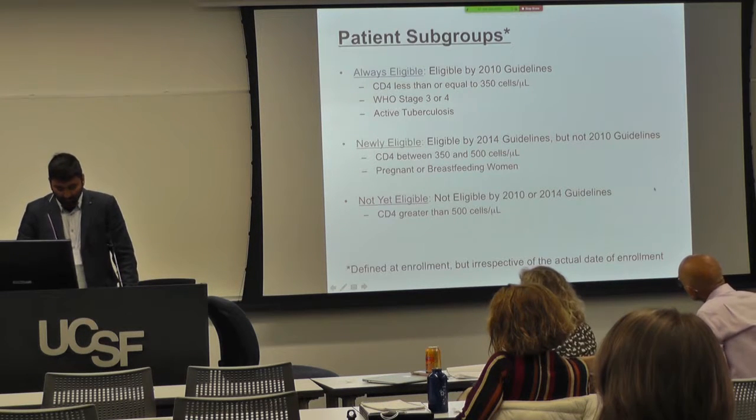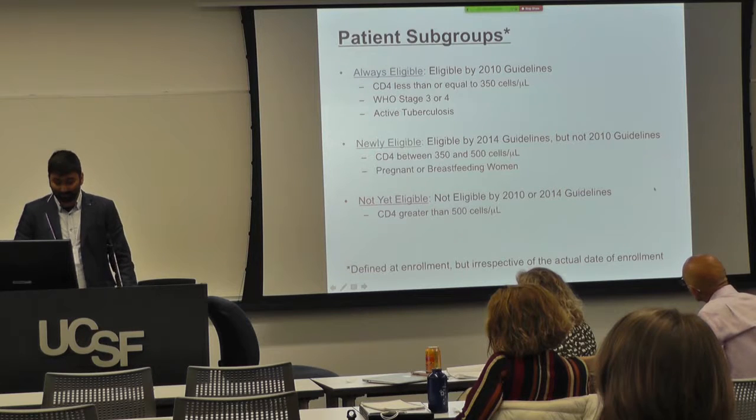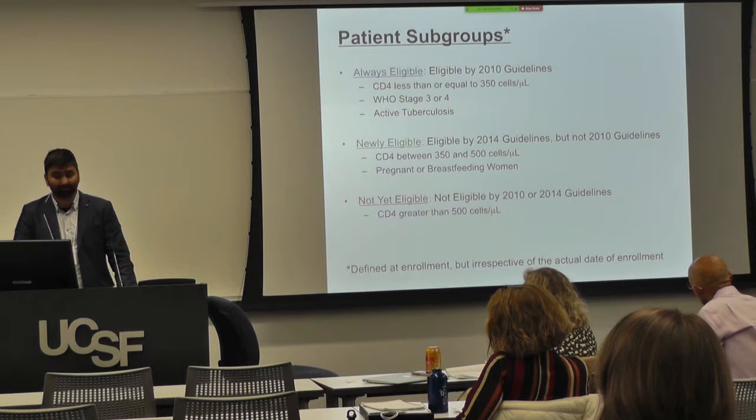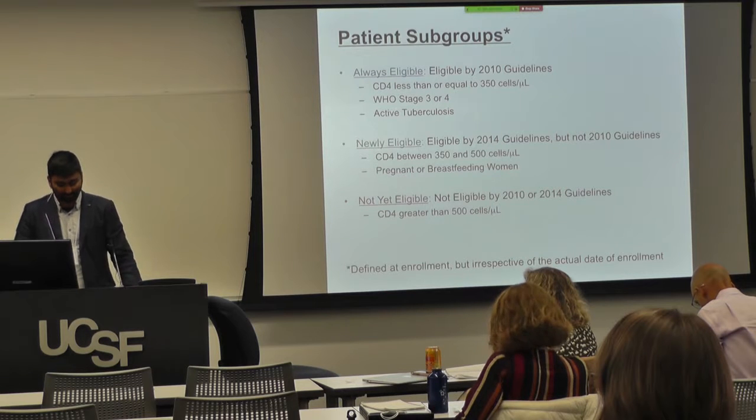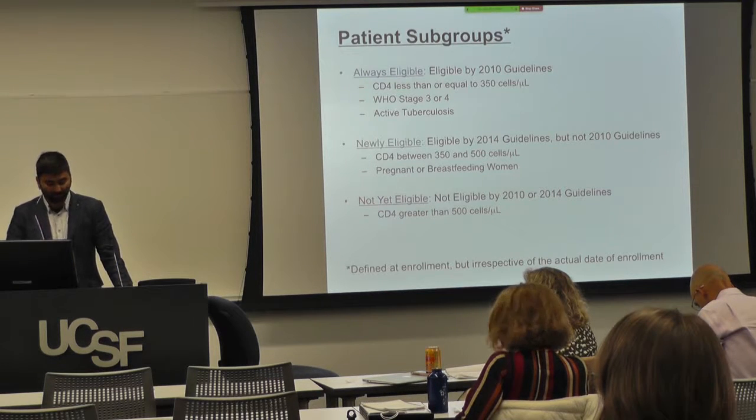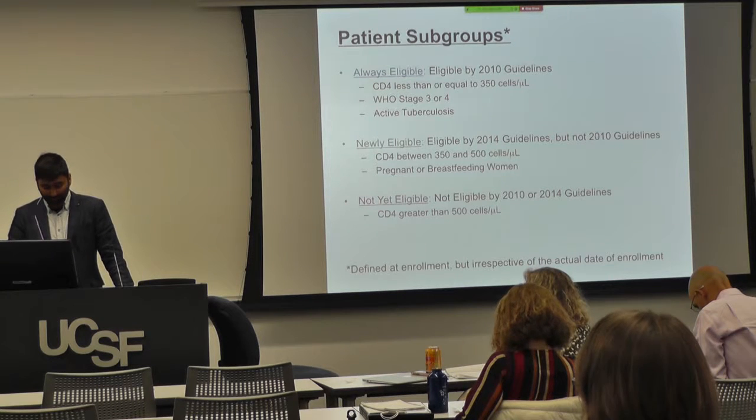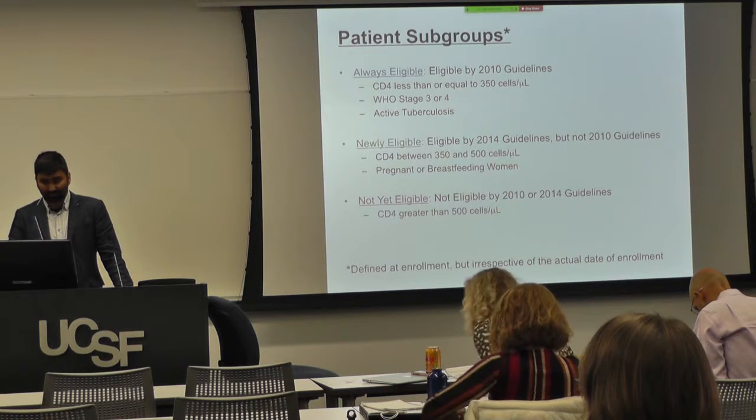For our analysis, we also defined 3 patient subgroups, which were defined irrespective of their actual date of enrollment, but whether they would have been eligible or not based on the different criteria. So our first subgroup were always eligible patients who would have been eligible by the 2010 guidelines at the time of enrollment. So these were patients who had a CD4 below 350, had a WHO stage of 3 or 4,